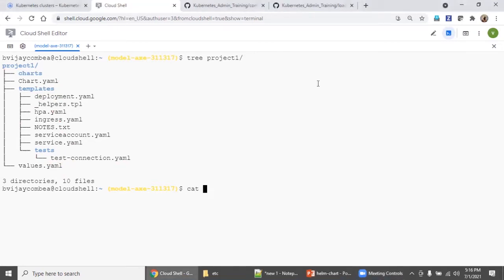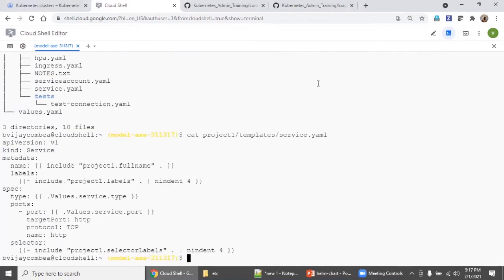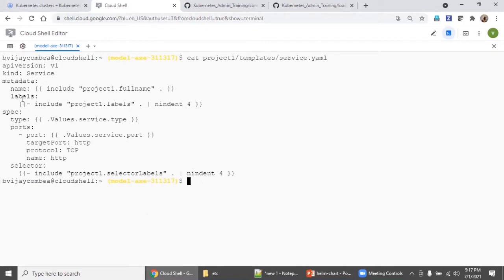So cat the project name, then templates. Okay, we'll go with the service.yaml file. In this file, if you look, there is an API version, kind, and metadata specification and all, right?